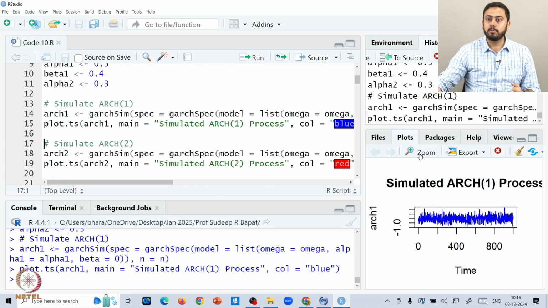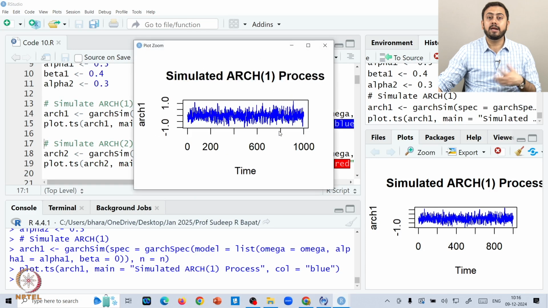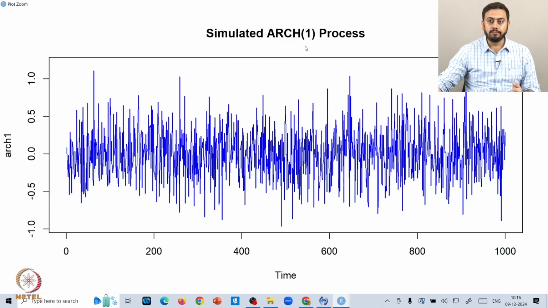Okay, so let me zoom in. So this is exactly how the simulated ARCH(1) model looks. Clearly, you might not be able to see the changing variance, but if you look slightly deeper, you may find that this is highly volatile. By highly volatile I mean that you have some abrupt ups and downs throughout. One can't find fixed horizontal bands in which the entire series could be encapsulated. So in a way, the changing variance problem is there.